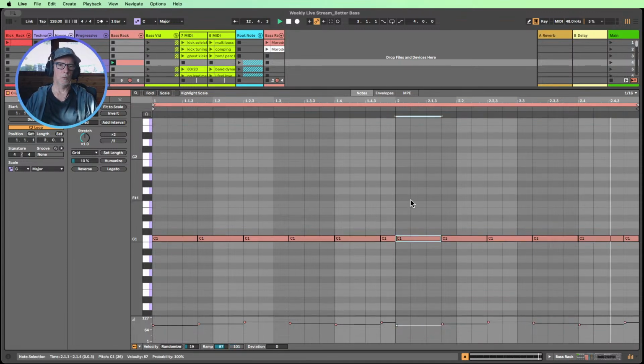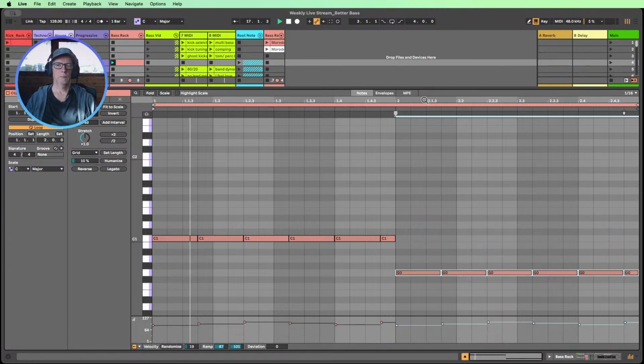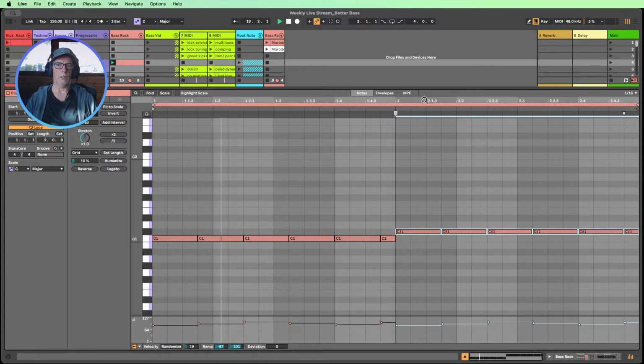Let's say we had some chords in our track and we follow the chords with this groove. I think we're going to need to go up because we're quite low here. So let's go.